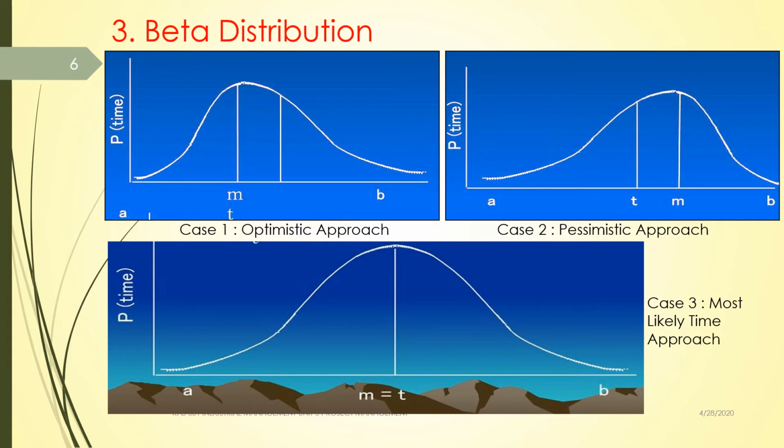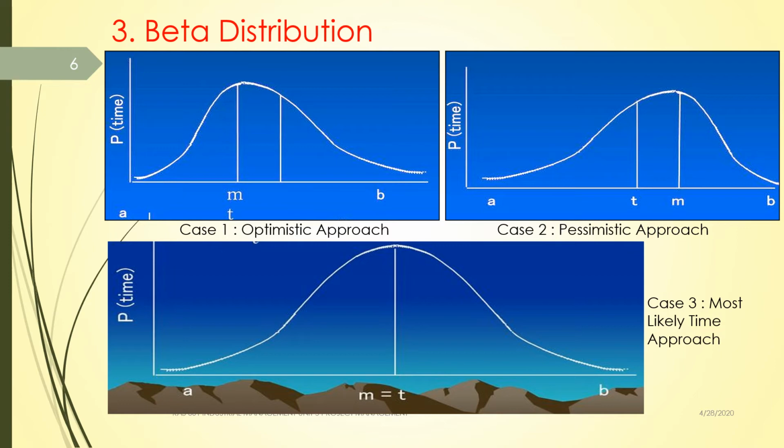The shape of the curve represents that out of the number of times the activity is carried out, the most likely time in which the activity will complete represents the highest or peak point. Whereas in the second diagram, you can see that if the pessimistic condition is taken into consideration,